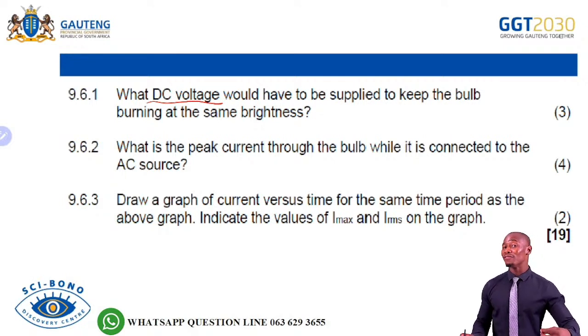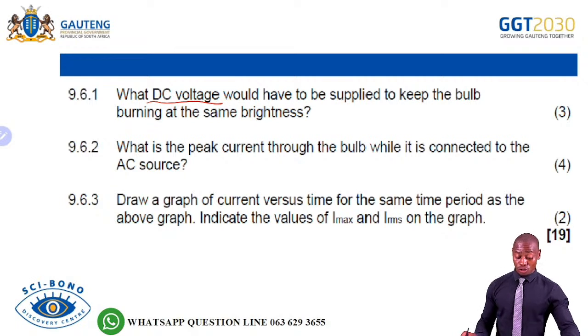It's an AC voltage that dissipates or produces the same amount of energy as DC. So DC voltage is the same as VRMS. So what DC voltage would have to be supplied to keep the bulb burning at the same